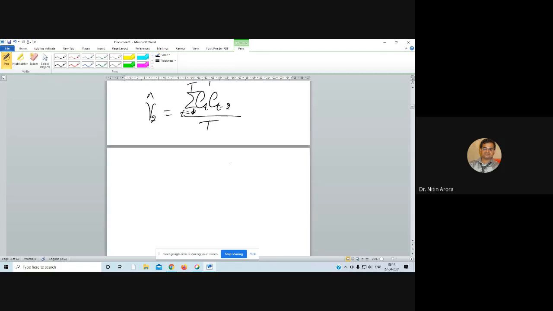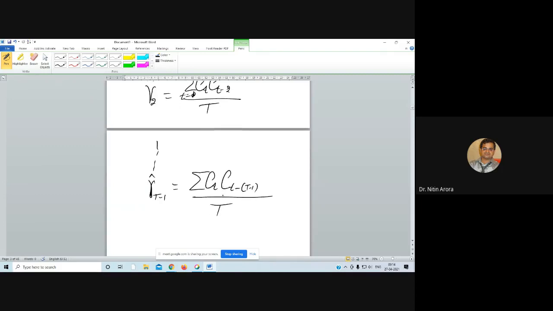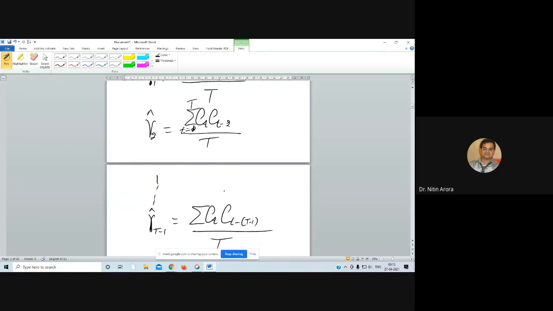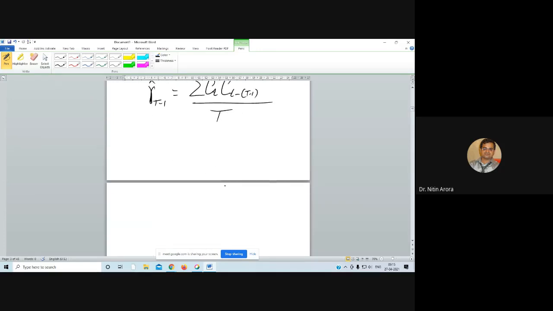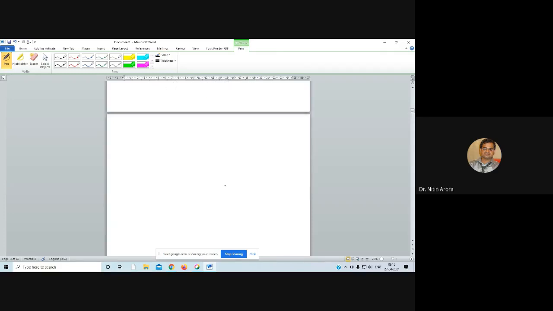So for the t minus k period, we can compute it, and so on. Now for each lag, an autocovariance coefficient can be computed. So all these gammas are autocovariance coefficients, and to get the autocorrelation coefficient, we use this: